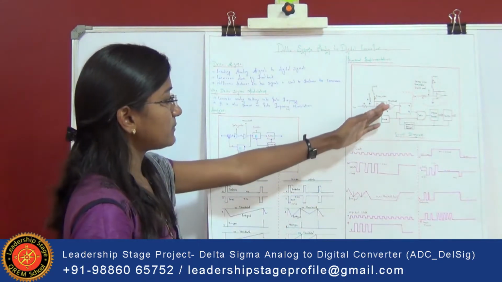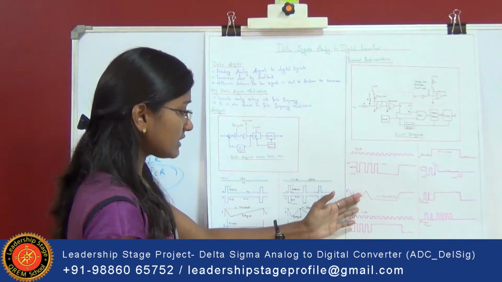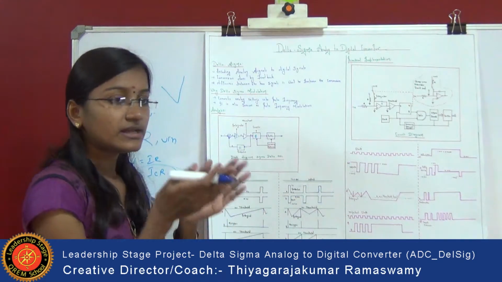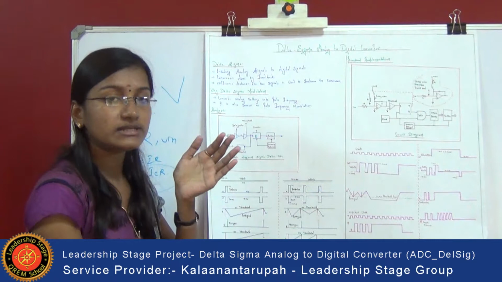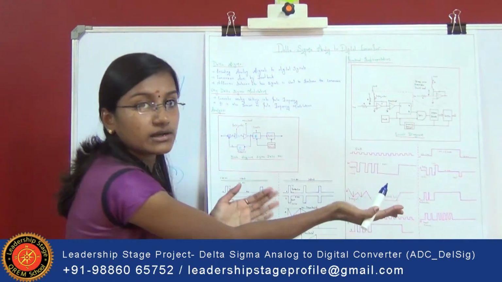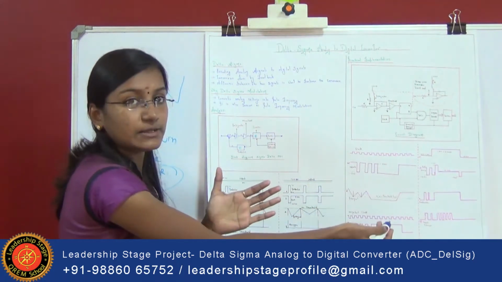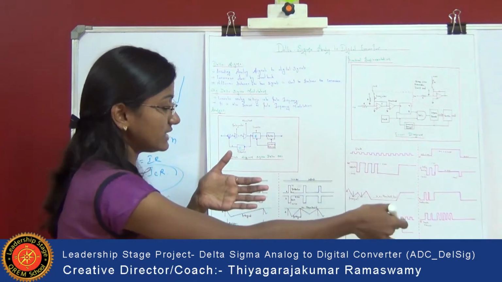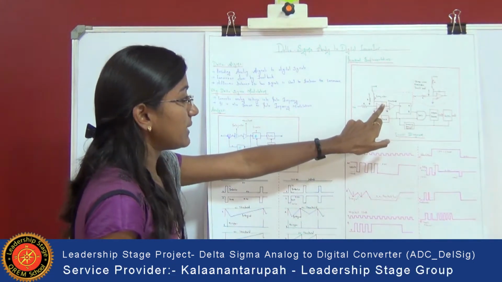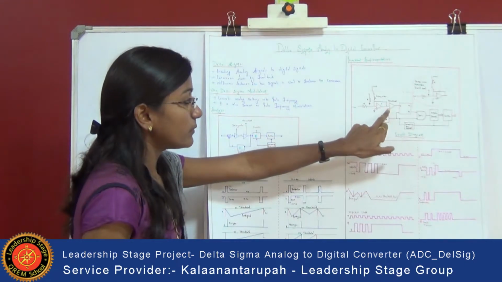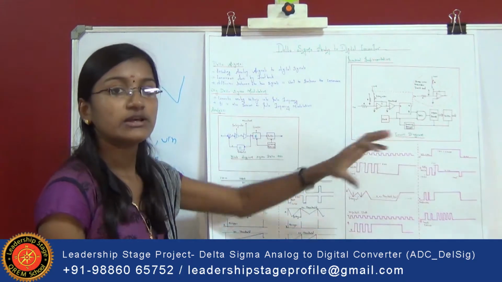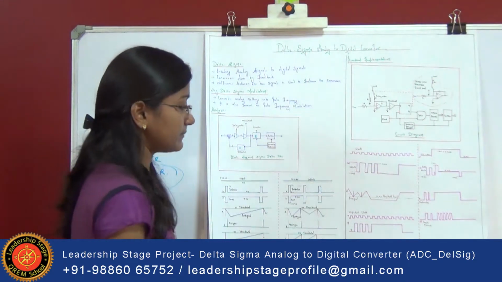Next, the output is passed to this integrator. The integrator is nothing but it produces a triangular waveform, and when it goes below 0.0 volt, that is the threshold level, it produces a negative pulse and passes to the negative voltage level. So in this integrator, the current flowing in this capacitor from the amplifier output is equal to the current flowing in this capacitor to the amplifier input, so that the current gets cancelled.